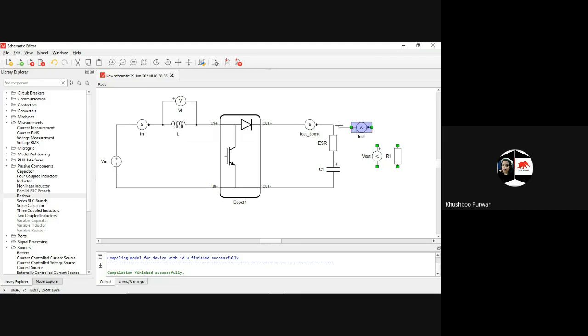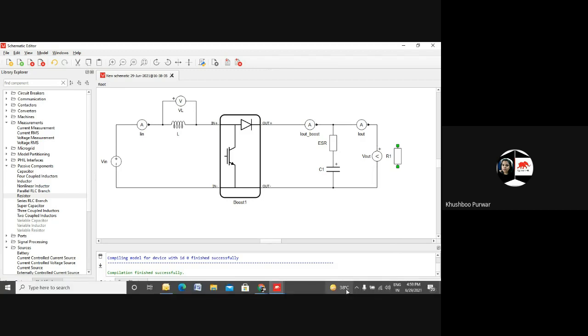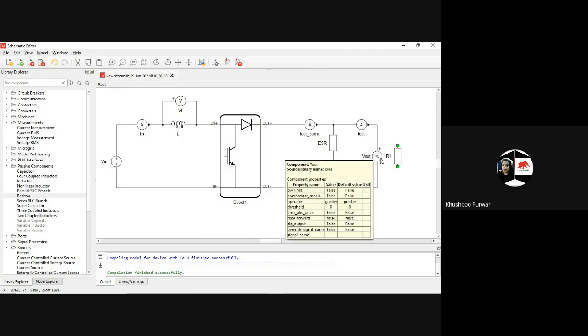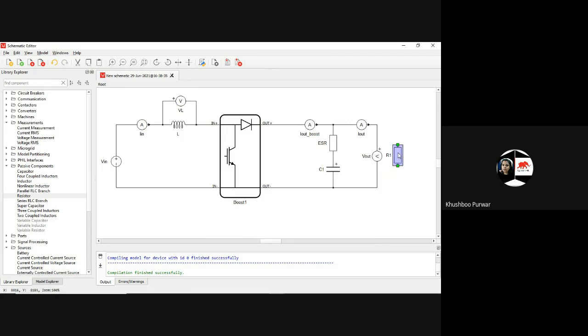I'll be joining this. Now, this is the output current, and this output current I'll be giving to the comparator, where we will compare the reference and the measured value, because this will be the measured value. I will show you when I'll be designing the controller part.